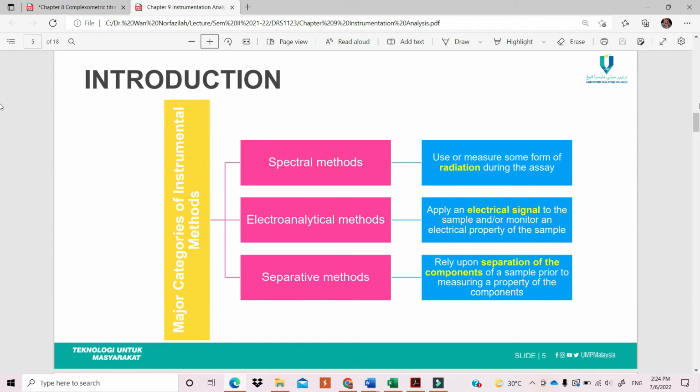Right, so there are three major categories of instrumental methods for chemical analysis. We have instruments under spectral methods, instruments under electroanalytical methods, and instruments under separative methods. So these methods are used for different kinds of instruments. Kalau instrument tu, if the instrument uses or measures some form of radiation during the assay,